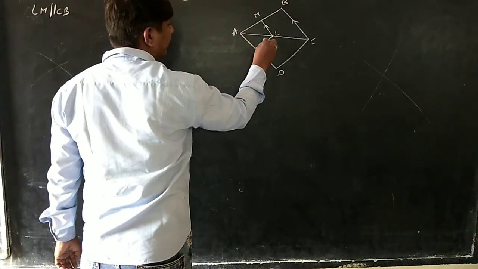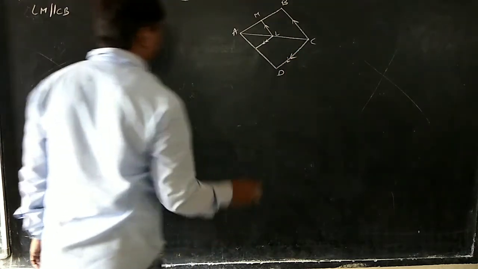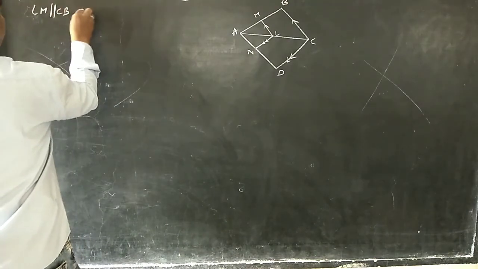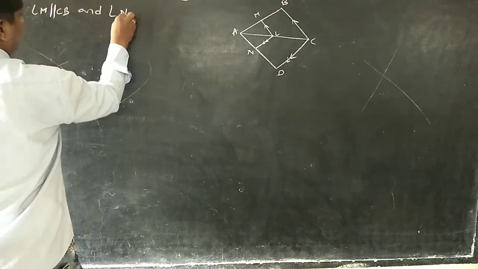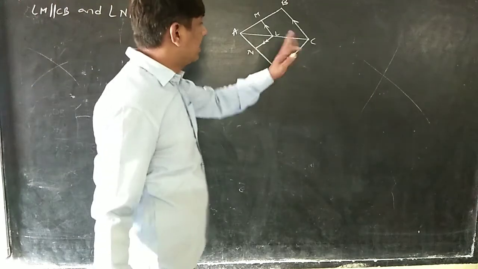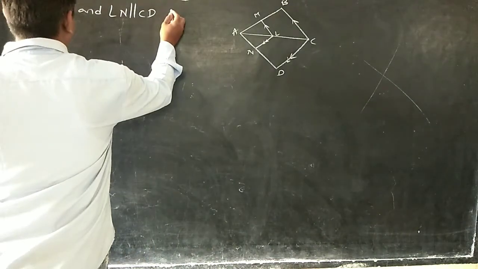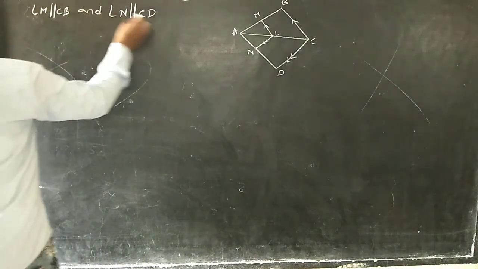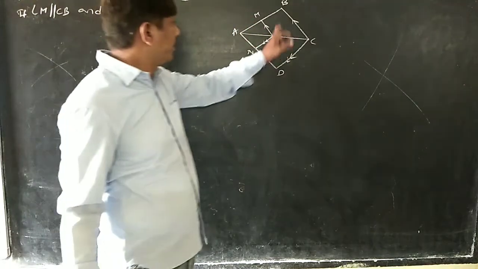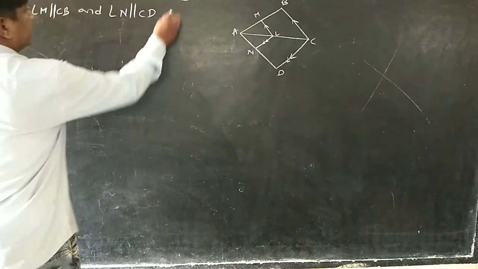And LN is parallel to CD. In the adjacent figure, if LM is parallel to CB, LN is parallel to CD, then